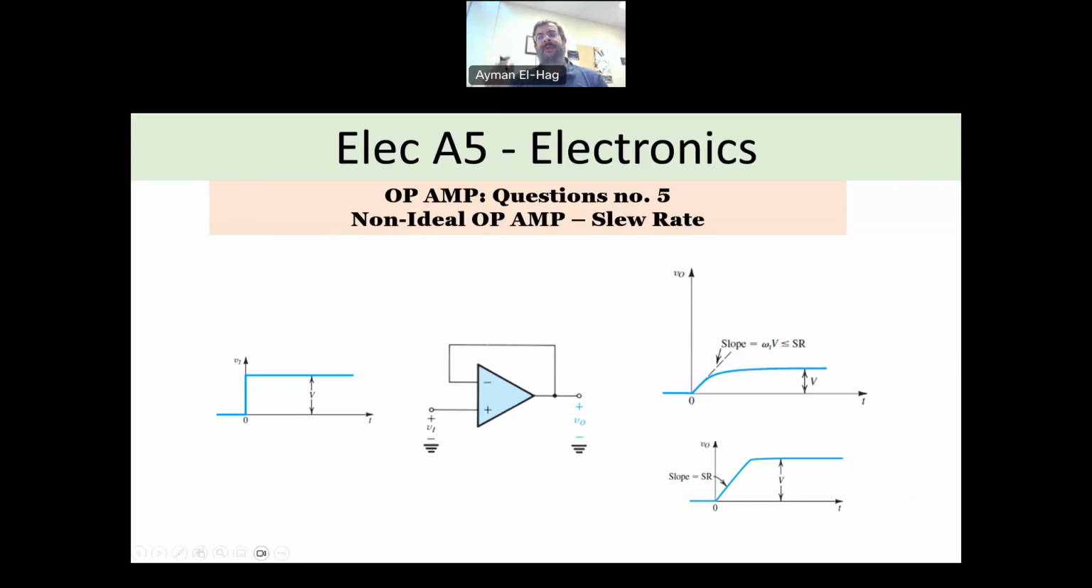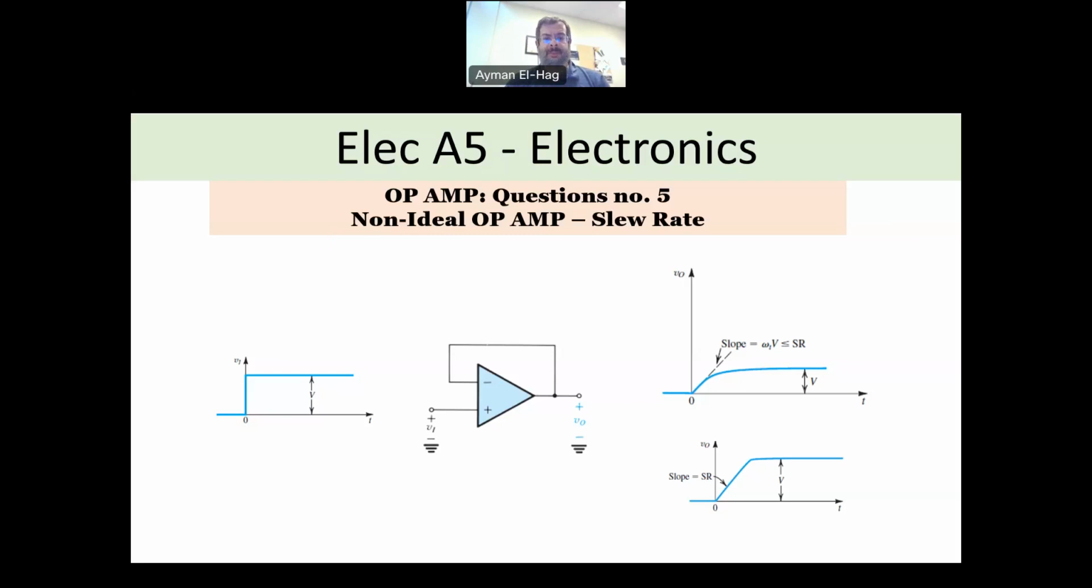rate. So first, I would like to explain what is the slew rate. What is the impact of the slew rate on the output of the op-amp, and why it's happening, in a very short explanation. Then we will have one of the exam problems to demonstrate how we can apply this